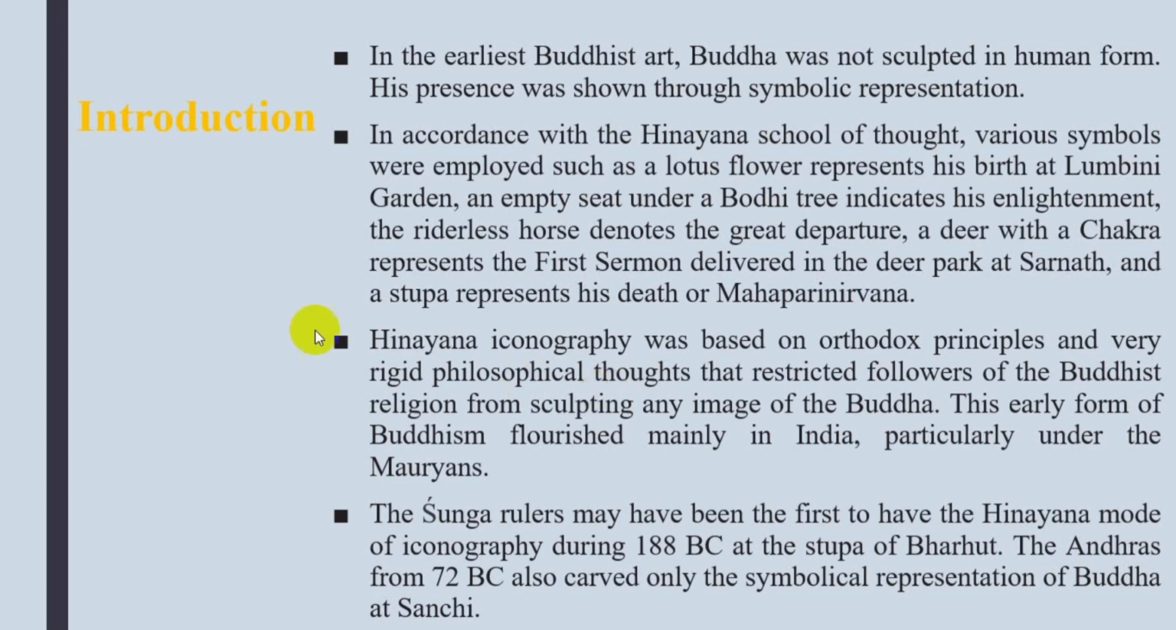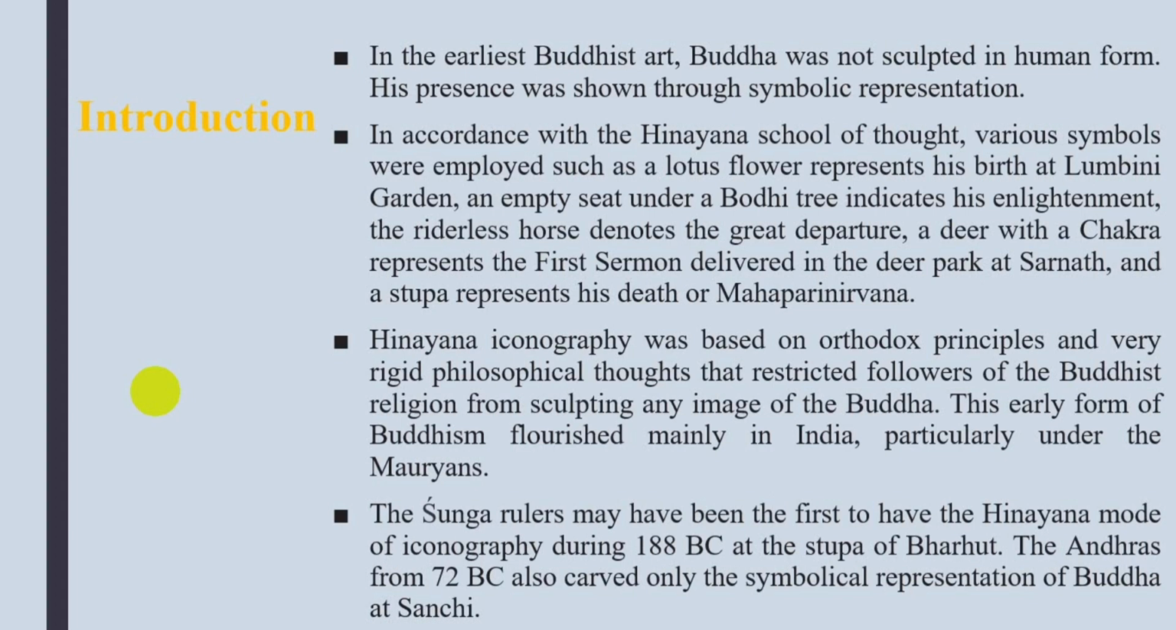In the earliest Buddhist art, Gautama Buddha was not sculpted in human form, and rather he was worshipped, or his presence was shown through symbolic representation. In accordance with the Hinayana school of thought, various symbols were employed to represent or worship Buddha. These symbols were the lotus flower, which represents his birth at Lumbini garden, and an empty seat under a Bodhi tree, which indicates his enlightenment, and the riderless horse denotes the great departure of